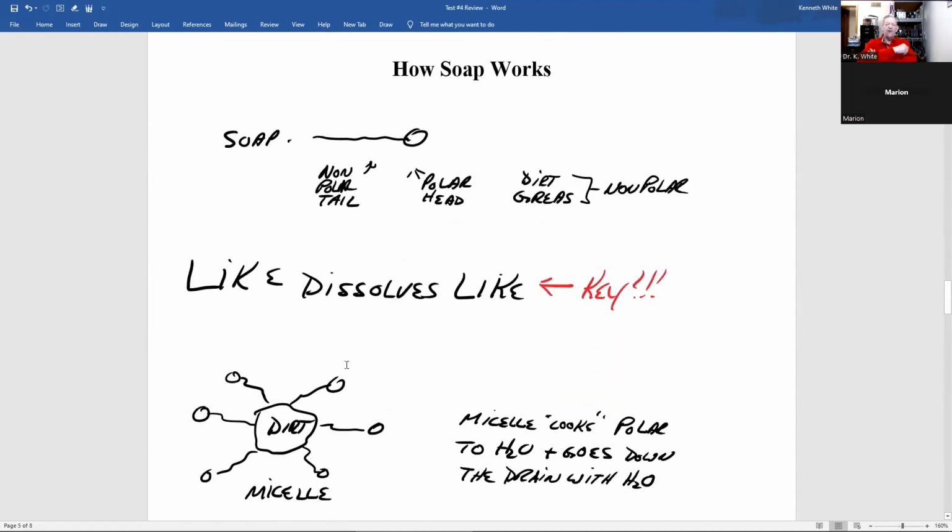Now, one of the most important things I will teach you all semester is how soap works. And you should know the structure of soap. Soap has a nonpolar tail, polar head. And you should know like dissolves like. And that's the key. If you go back and watch the videos, I wrote it in big letters because that's the most important thing, how soap works. And I should have added right here,